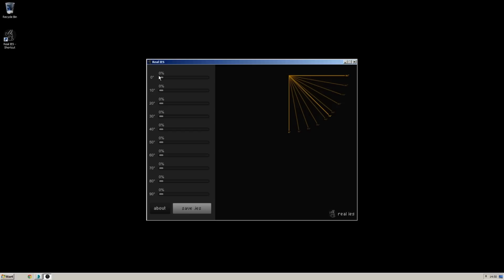Let's start by creating a narrow light shape. To do so, we need to manipulate the first group of angles. When we are satisfied with the light, we need to press Save IAS button, and RealIAS creates the file on